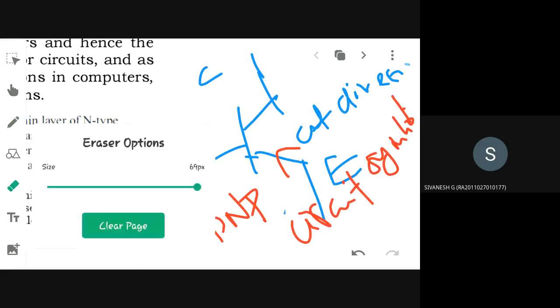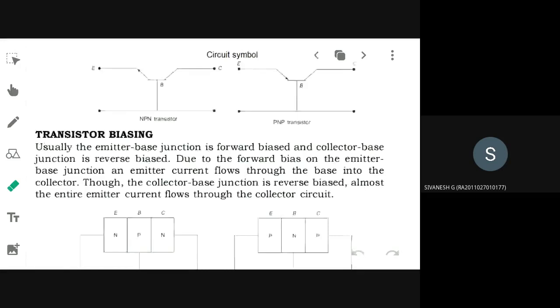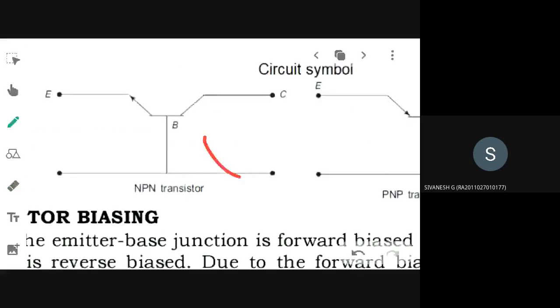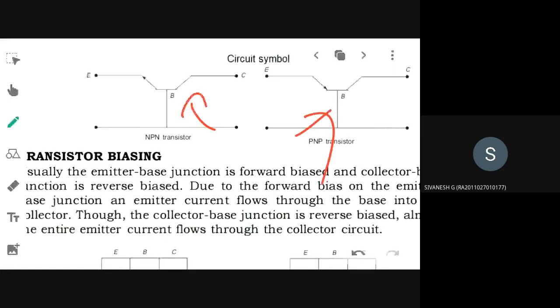You can see for yourself here. So this is representing what type of transistor and this is representing what type of transistor? First one, you can see for yourself the current direction is outwards or inwards? Outwards. Outwards means what is the name of the transistor? NPN. Second diagram, what is the direction of the current? Inwards. And what is the name of the transistor? It is a PNP transistor.